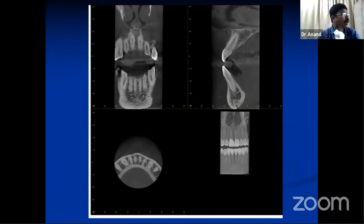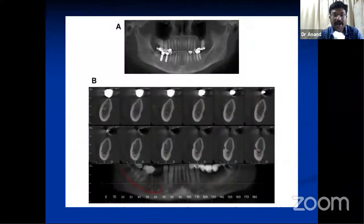So when you use a smaller field of view, additional canals, if there are any, can be slightly better visualized, basically for endodontic use. When you use a larger field of view and look for an additional canal, that will be quite difficult. Basically, the resolution of such images would be very poor. So depending upon the use, you have to use a specific field of view. And this is another image where you can see the